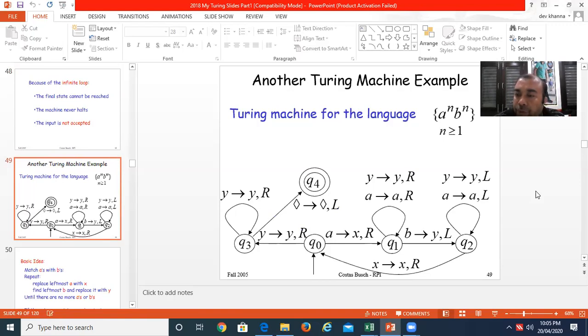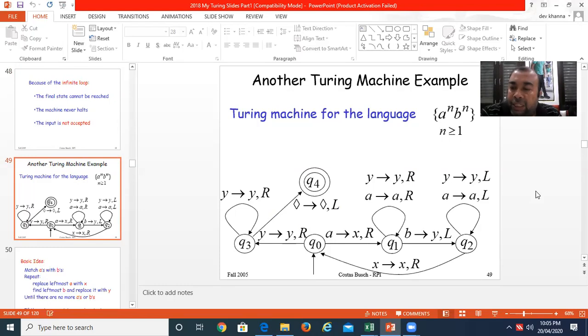So now we have to build the Turing machine for this. How are we going to do this? There are two logics for this. The first logic I am explaining to you has not been mentioned in this slide, but please try to build the machine on this logic. And the second logic is mentioned in the next coming slide, that I will discuss with you.